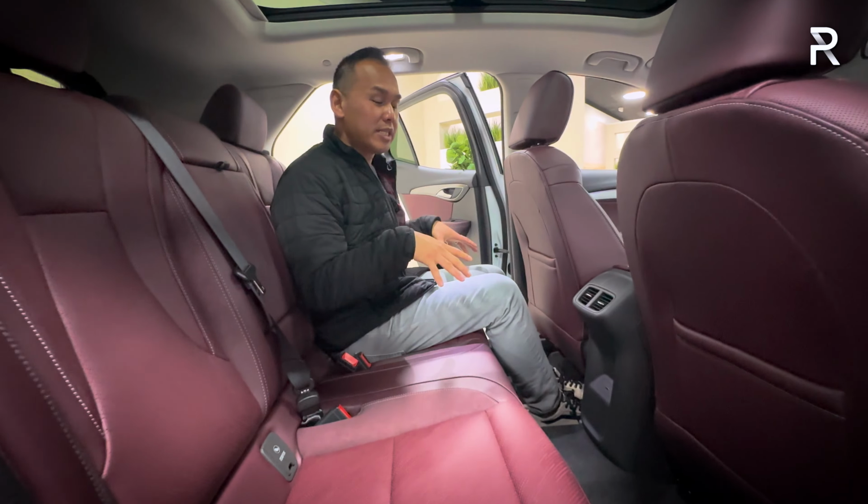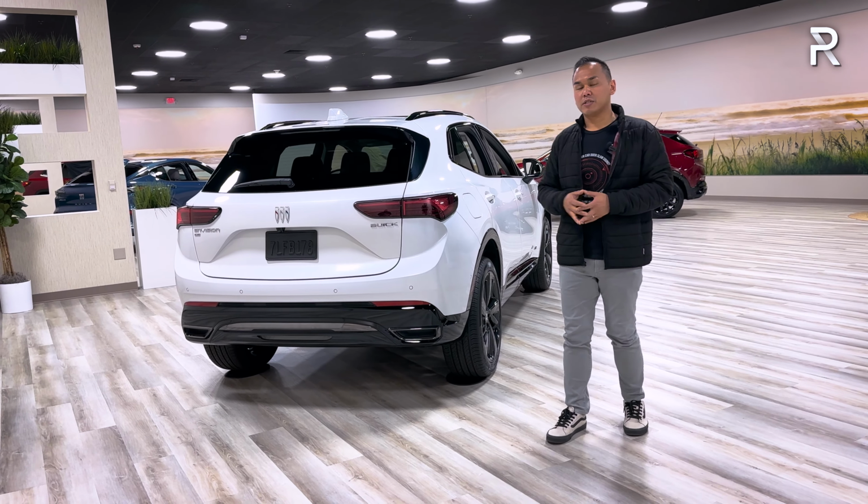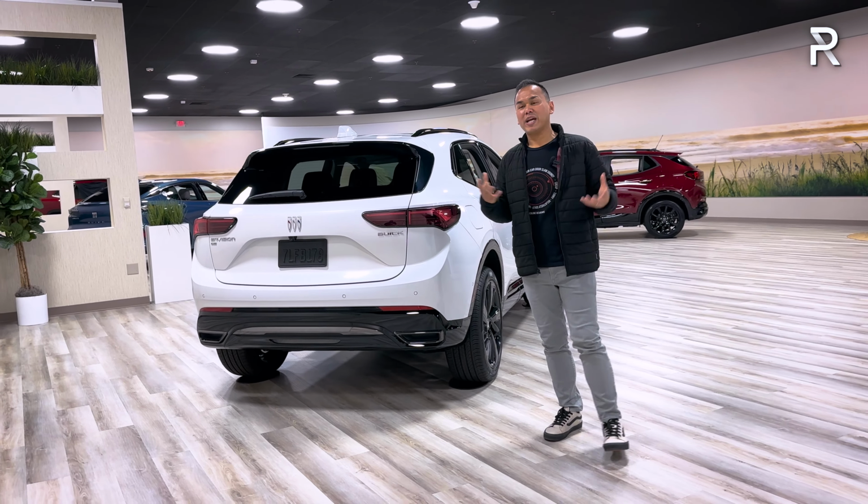So keep in mind that the 2023 model, that was for a front-wheel drive model, was around 33. So 37 to start with all-wheel drive and the additional tech is a pretty good amount of standard content, a lot of value for money. The ST trim here, I believe, is going to be around $2,500 more. If you guys want to go to the Avenir trim, that's going to cost you a great deal more, but it does include a lot more features like the heated and ventilated seats with the massage function that I mentioned. I believe that model will be around the $50,000 mark,